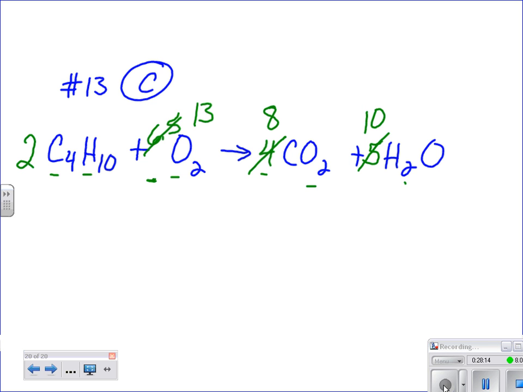Then the last step is to go back and double check, especially if this is a quiz or a test. You have 8 carbons, 8 carbons. You have 20 hydrogens, 20 hydrogens. You have 26 oxygens. Here you have 16 plus 10, so 26 oxygens. Those are really the tougher ones, but if you follow a system, they're not too bad. Okay, let's do